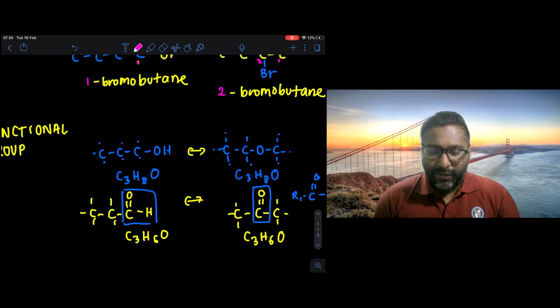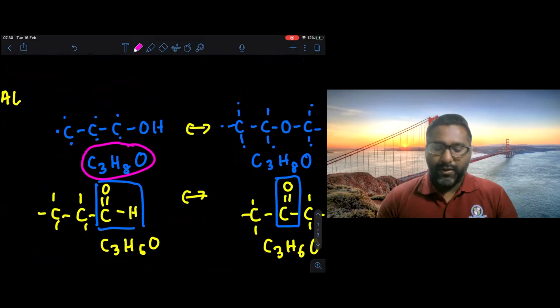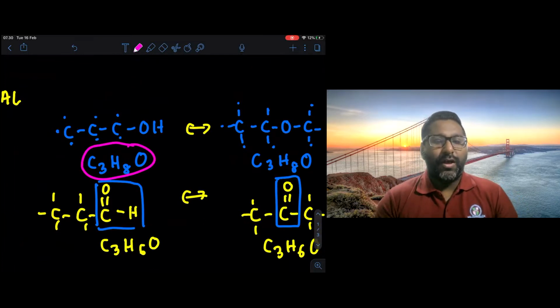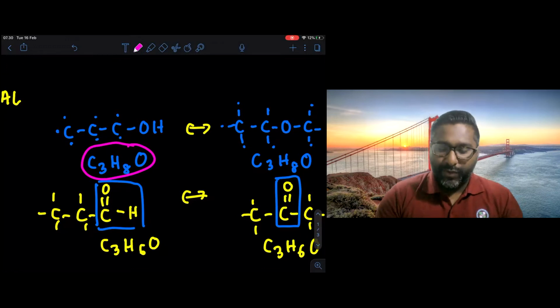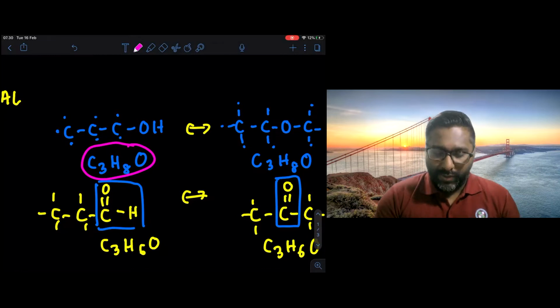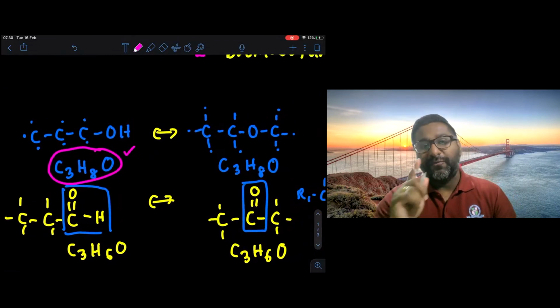So let's look at this molecular formula, C3H8O. I have three carbon, so I'll draw three carbon, and then I have one O. I can think of alcohol, since alcohol has one oxygen atom. I draw the formula for propanol over here. When I draw and count, it matches C3H8O. But there is another isomer, which we call a functional group isomer,